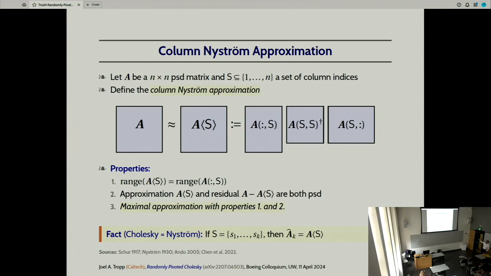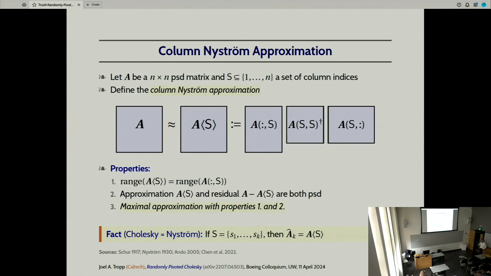And then I take the principal submatrix indexed by S and take its pseudo-inverse, and I jam that in the middle. So you can see that this is an approximation we can produce if we only know the columns of A listed in the set S. Okay, so this is called a Nystrom approximation. Does this look familiar? Yeah, it's the other part of the Schur complement, right? This thing that we got by running Cholesky's method. And indeed, it is exactly the thing that you need to remove from the matrix to get the Schur complement.